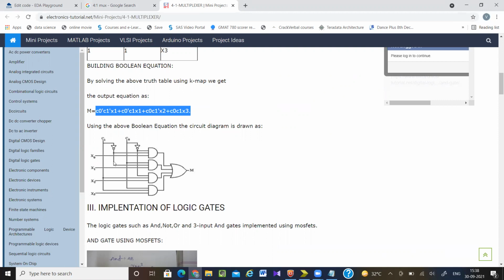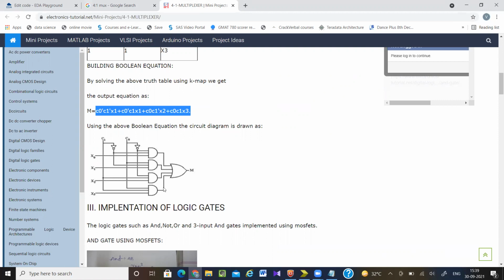But if you look at these wires, they are internal to your design. You don't have to connect them to the outer side. So these are treated as signals, and here I have declared them as wire.